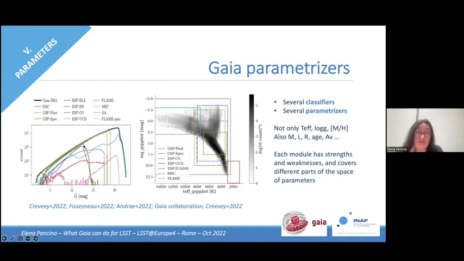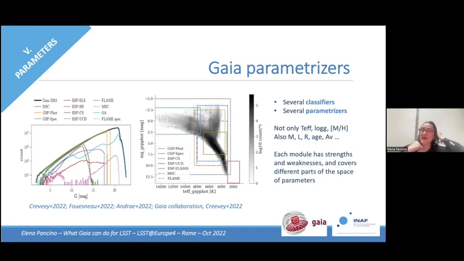Because it uses RVS data, while GSP-Phot is, of course, less accurate in general, especially for metallicity. The metal poor stars are not classified well, but comparable for temperature, for example, and you can go down to the 18th, 19th magnitude. It's the orange line. So using just the BP and RP spectra, okay?